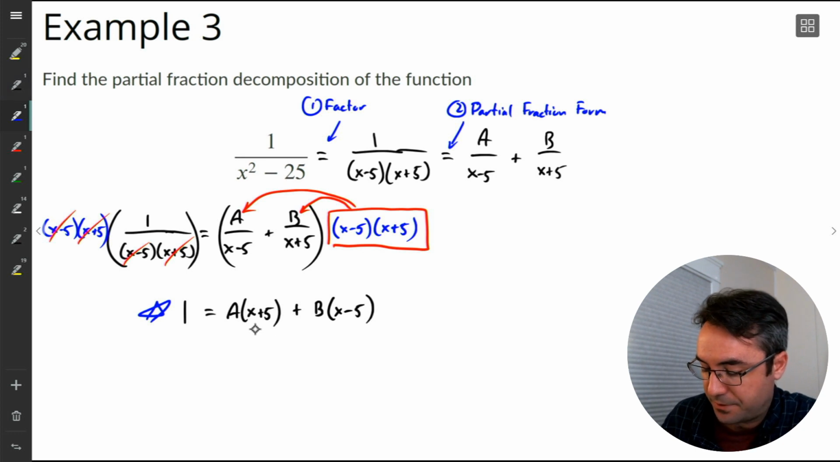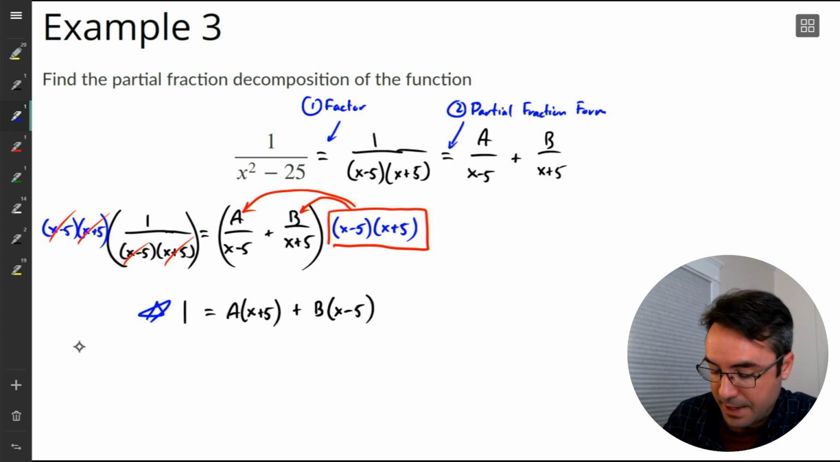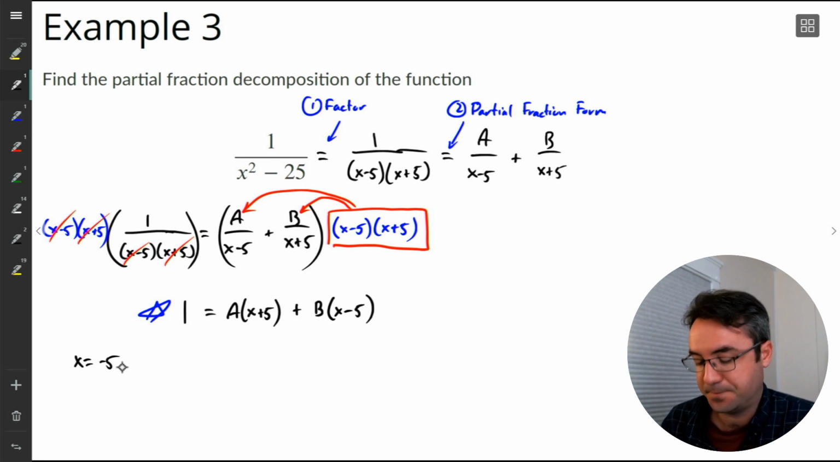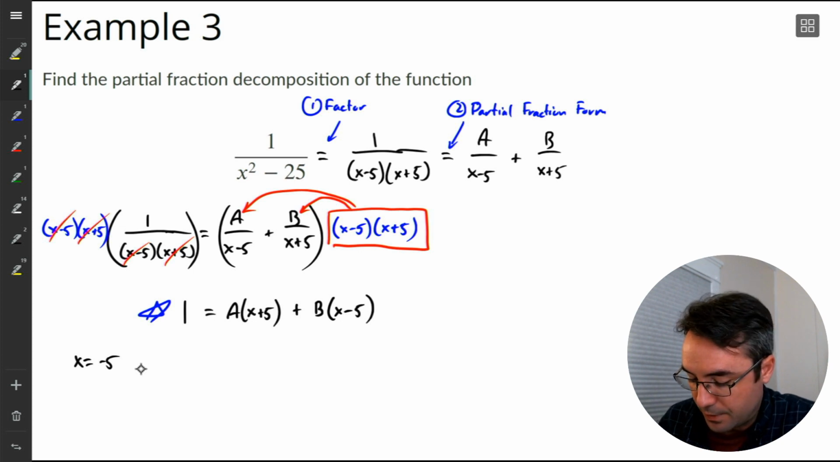So let's start with x plus 5. Let's find the corresponding x value that would make that 0. And what it is, x equal to negative 5. So we're going to use negative 5 because that's going to make this linear term 0, which is just going to cancel off this whole first part. And then it'll just give us something to work with over here. So when we plug it in,